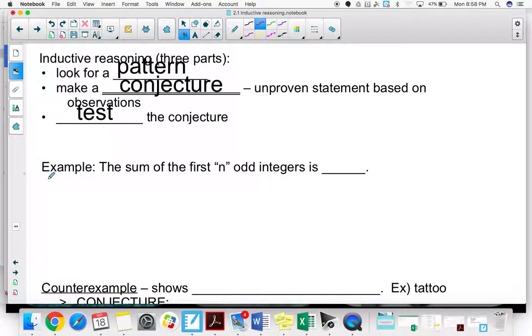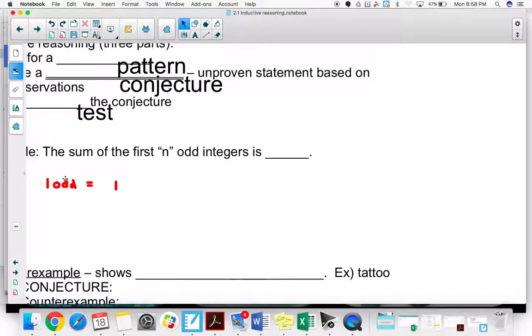All right, so we're just going to take one odd number. If we use one odd number, the first odd number is 1. And if I add up all the numbers in my list,